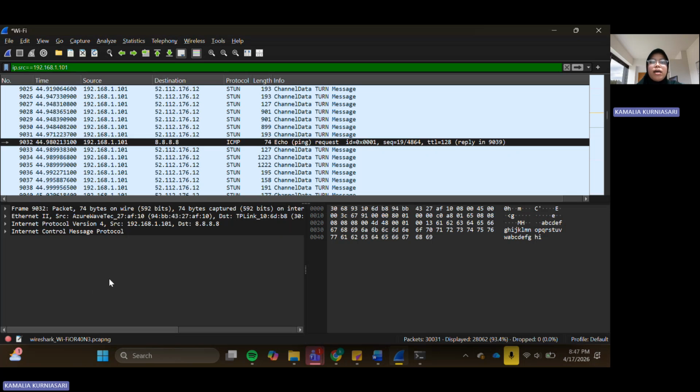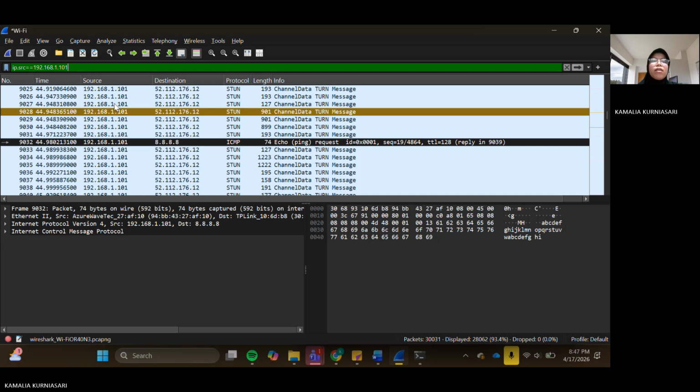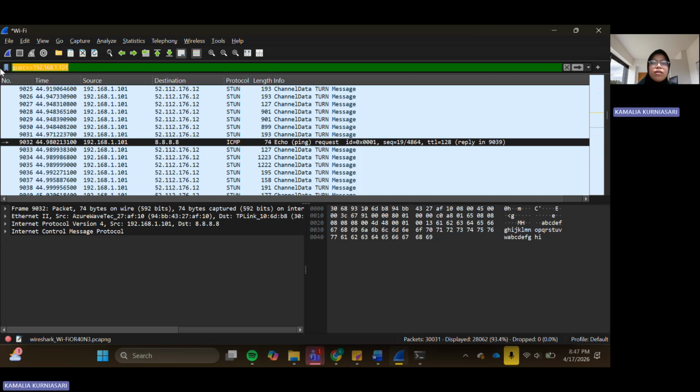This filter shows only packets that come from a specific source IP address, and it is useful for tracking the activity of a particular device. Next, we used the HTTP filter.